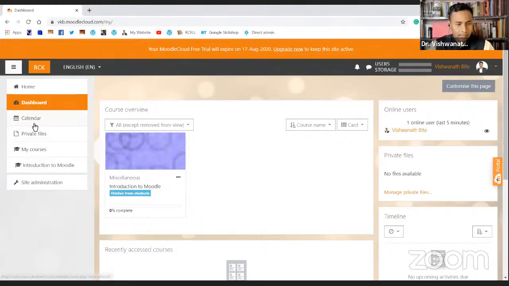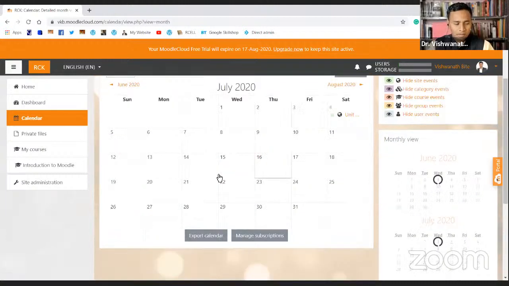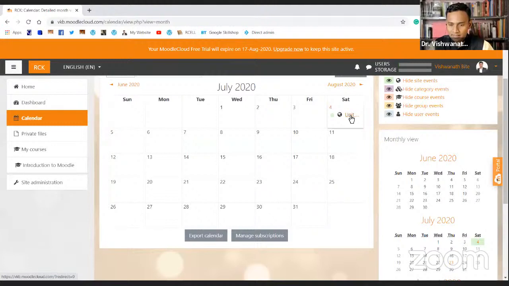At the same time, there is also a calendar which is accessible. If you want to set important dates, maybe for some assignments or a unit test, I already had created one unit test earlier, or maybe in the demonstration I had done that.